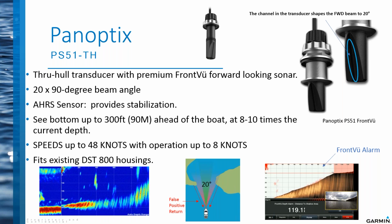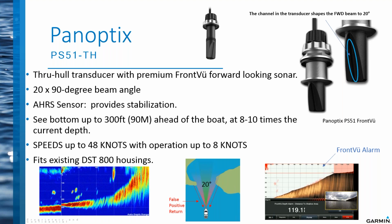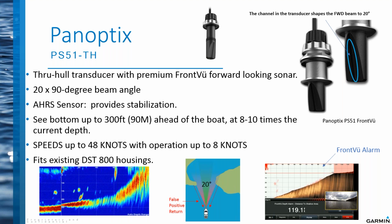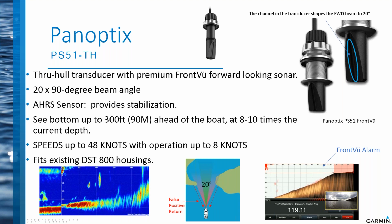AHRS is built into, again, all Panoptix for stabilization. Again, this transducer has the ability to see 8 to 10 times the water depth, up to 300 feet in front of the boat. You know, again, Panoptix was designed as a slow trolling fishing transducer, so operations